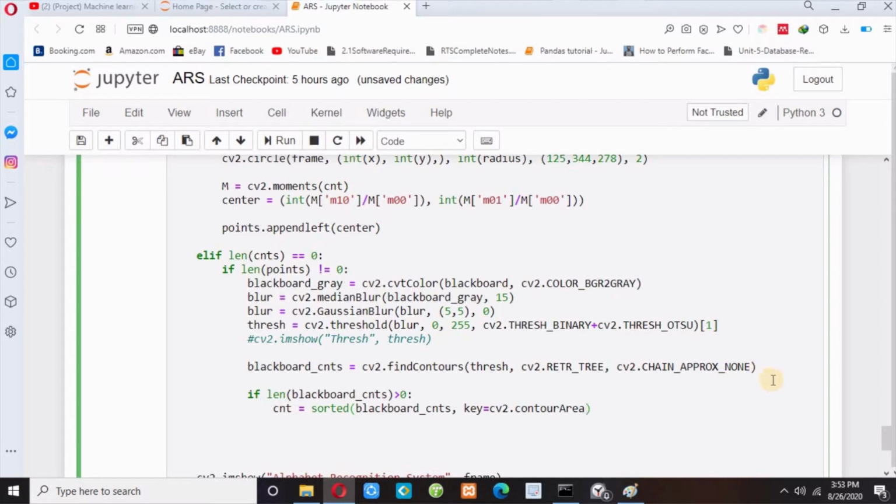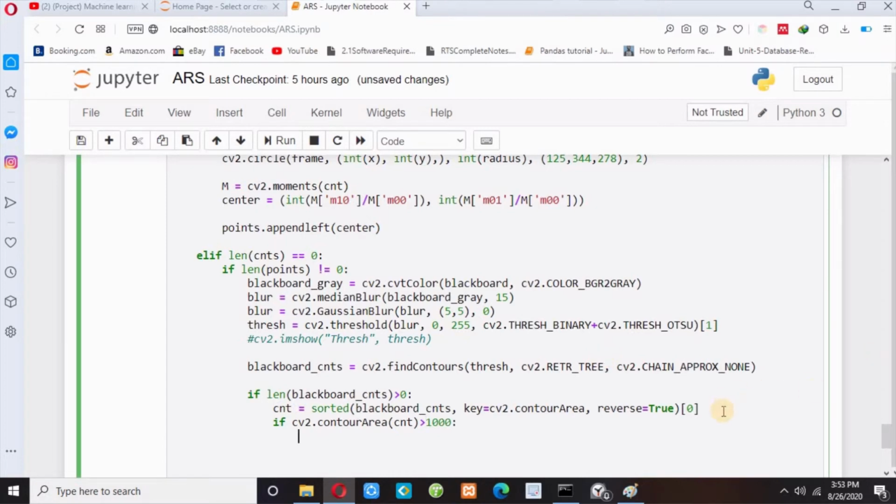So sort on the basis of contour area, and then reverse equals True to sort in descending order, and then I pass index 0. Now guys, if cv2.contourArea of cnt is greater than 1000.